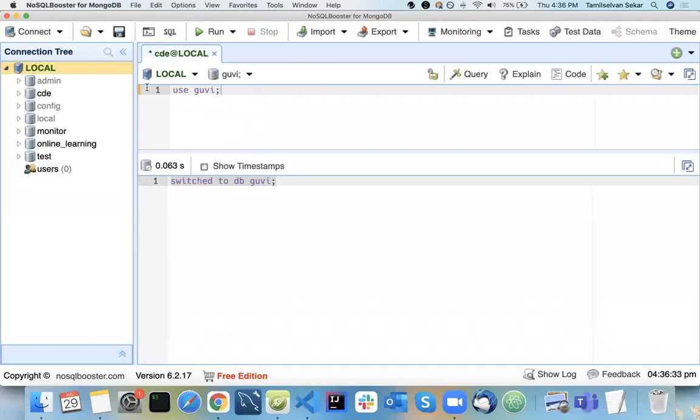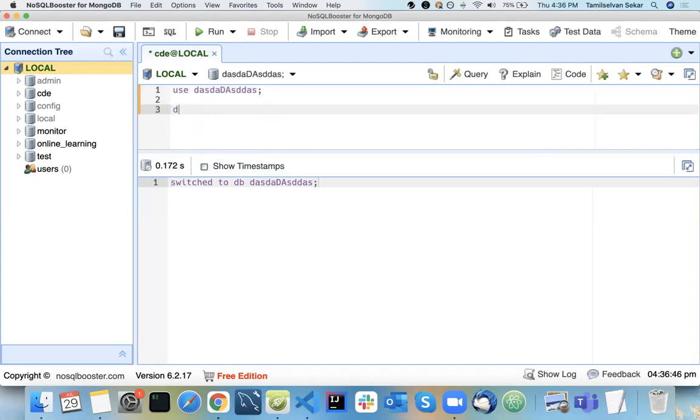Just give whatever database name we want, something like this. If you run this, it will just give you a message like switched to database. You can create your collection here, but it will not create a database at any point of time. If you refresh here, I created three things but they're not seen here.